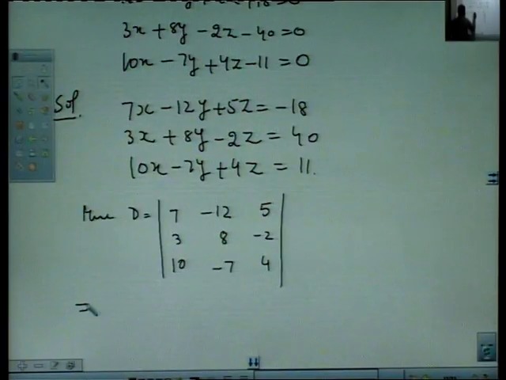We know that the signs are plus, minus, plus, minus, plus. Now how to solve a determinant? Cofactor of 7 is 8 fours are 32 minus 7 twos are